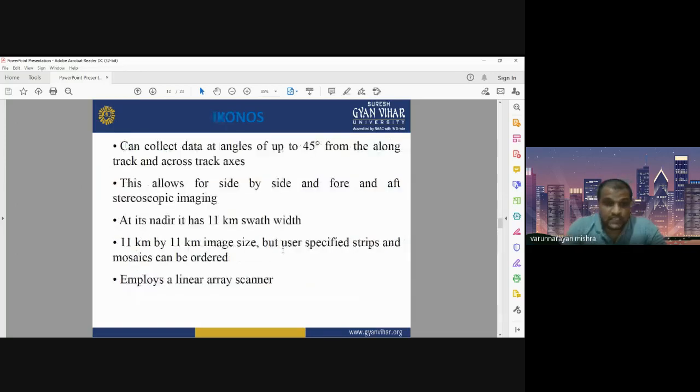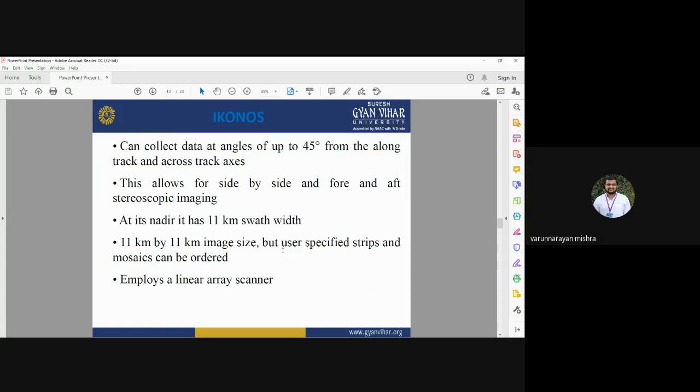Okay, it can collect data at an angle of up to 45 degrees from the along track and across track axis. It allows for side by side and fore and aft stereoscopic imaging. It can capture data in stereoscopic mode, and its swath is around 11 kilometers. Swath means the area captured on the earth by the sensor.